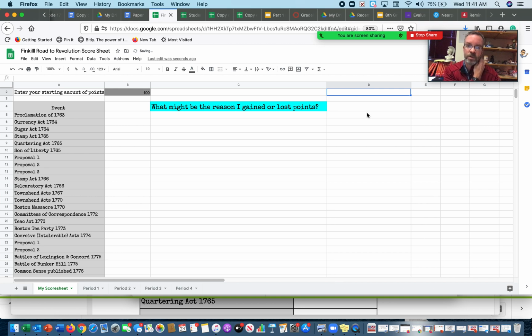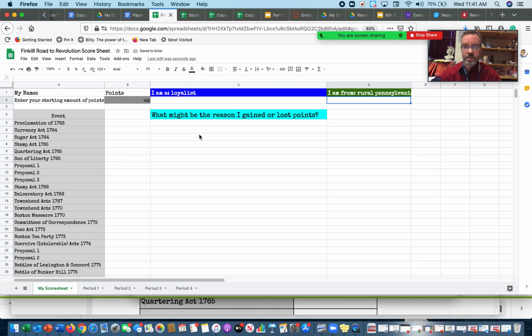Now you're going to start working through some events on the Nearpod as you start going. It's going to give you some explanation. Now you're going to gain or lose points as events happen to you. Some you can control, some you can't, depending on your character. Emma in her case is starting with 100. The first event you'll get to in the Nearpod here in a second. When you complete that event, it's going to tell you if you gained or lost depending on where you live or whether you're a patriot, loyalist, or neutralist.